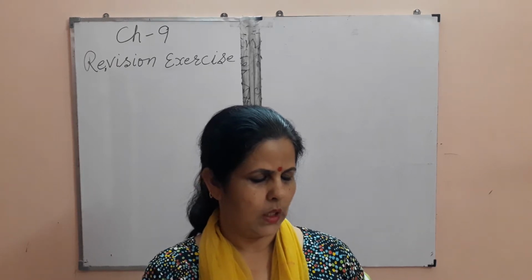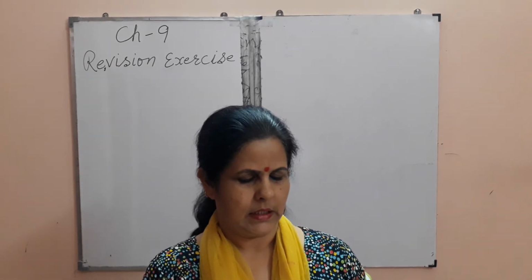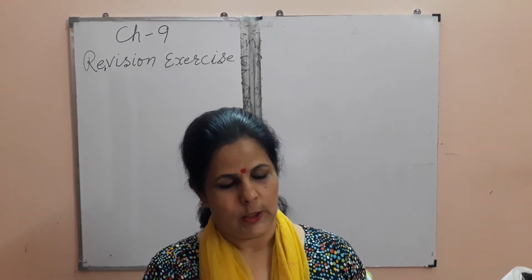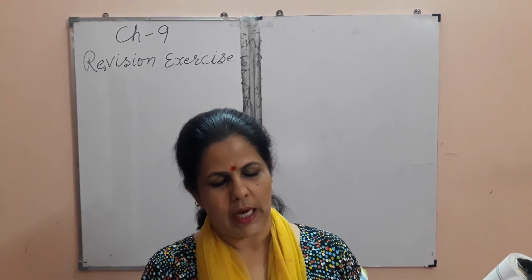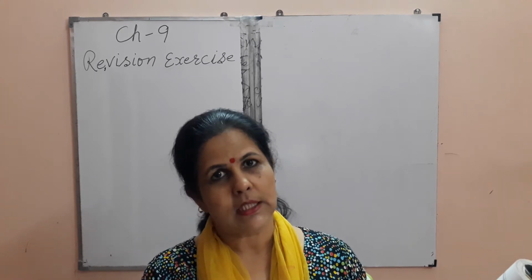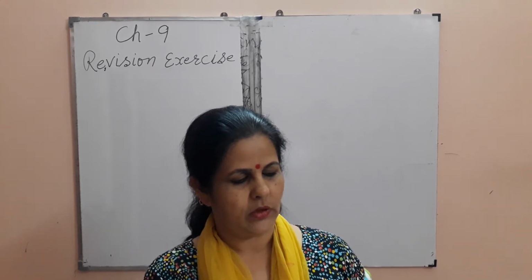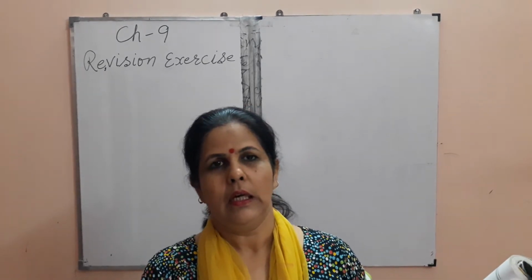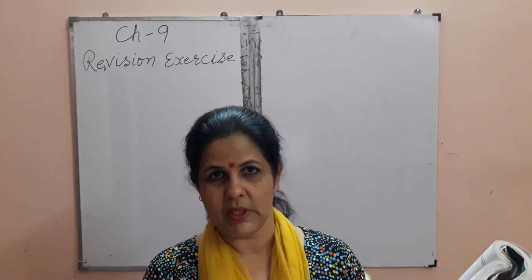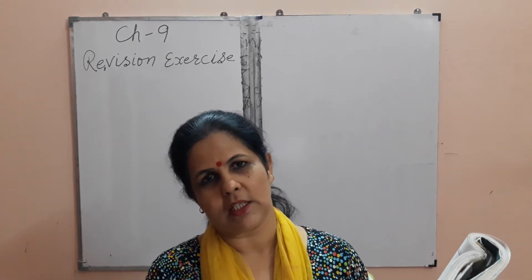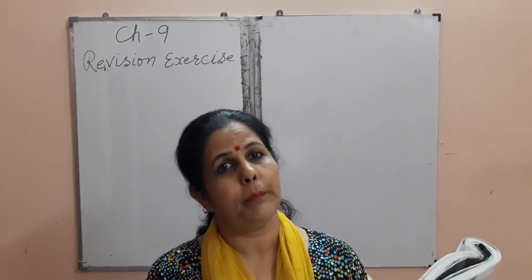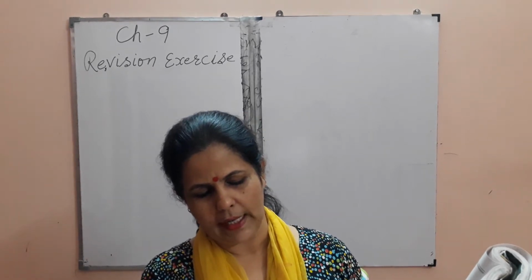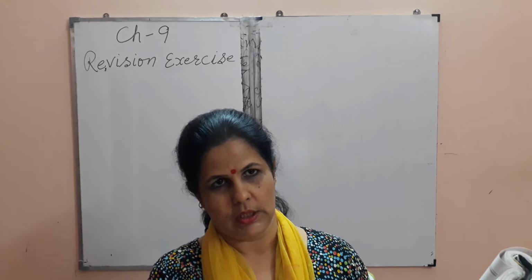Next is equal supplementary angles. Equal supplementary angles means 90 plus 90. So POT and TOQ. This is a pair of equal supplementary angles. Third is adjacent complementary angle. Adjacent complementary angle means two angles should be adjacent also and they should make the pair of complementary angles. So this is QOS and SOT.